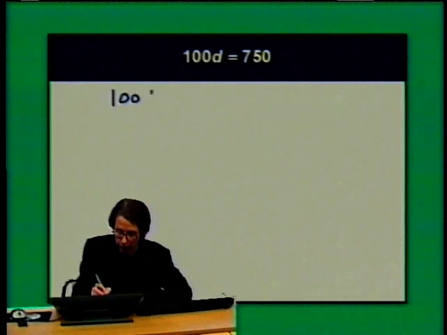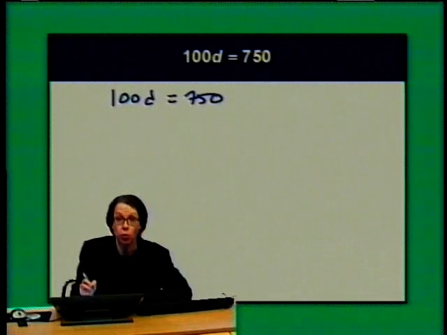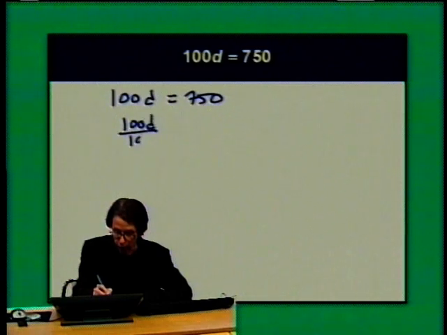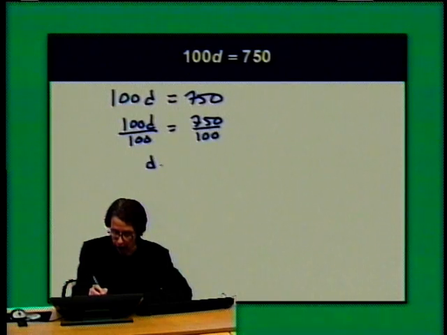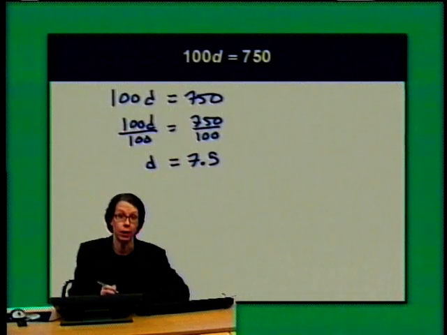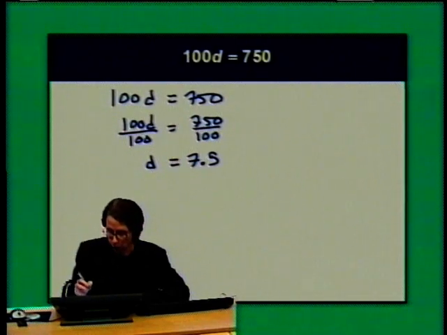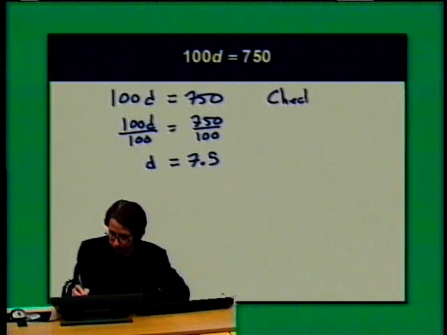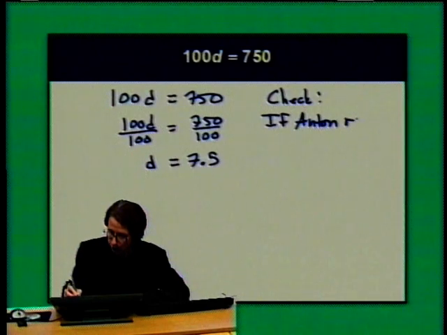So I have 100D equals 750, certainly one of the easiest equations we've seen for a while. So I'm going to divide both sides of the equation by 100 to isolate D, and I have D equals 7.5. Now I want to check the solution. D equals 7.5 is telling me Anton ran 7.5 miles on the treadmill. So I want to do a check. If Anton ran 7.5 miles,